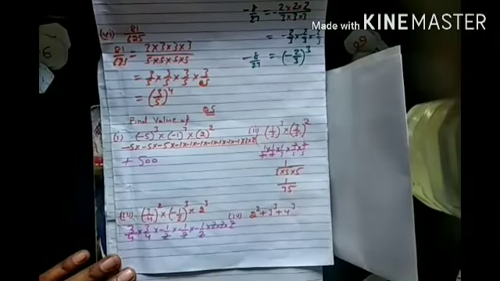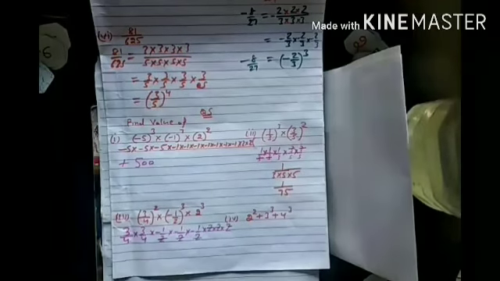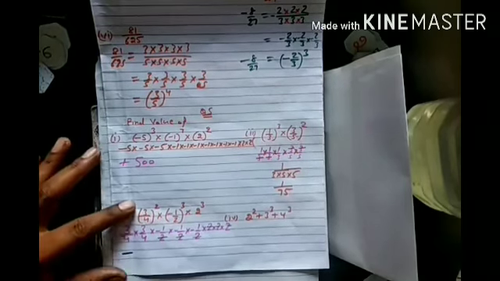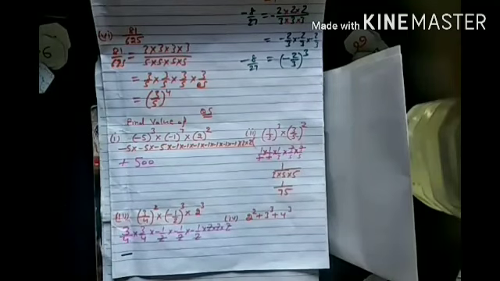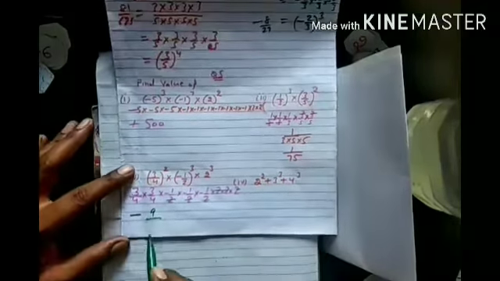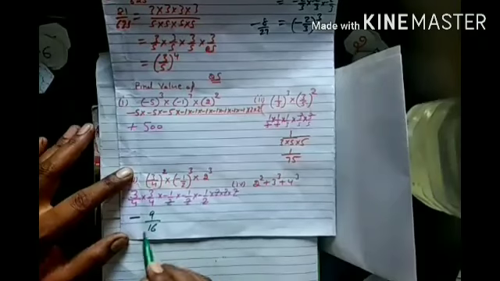Okay. Now what is left? Minus multiplied 3 times. When the minus symbol in the multiplication is odd times, the answer is in minus. I will write the minus symbol, and 3 multiply 3, that is 9, and 4 multiply 4, that is 16. This is the answer.